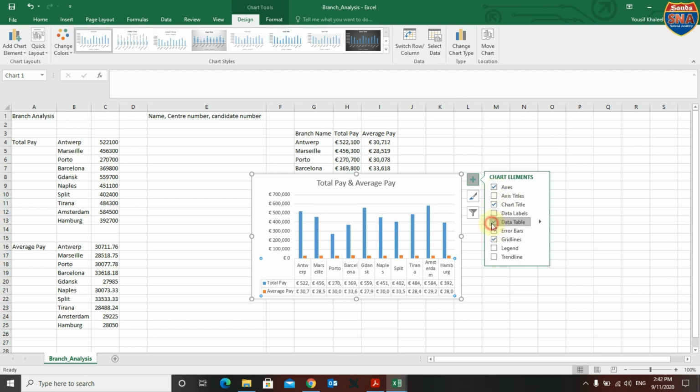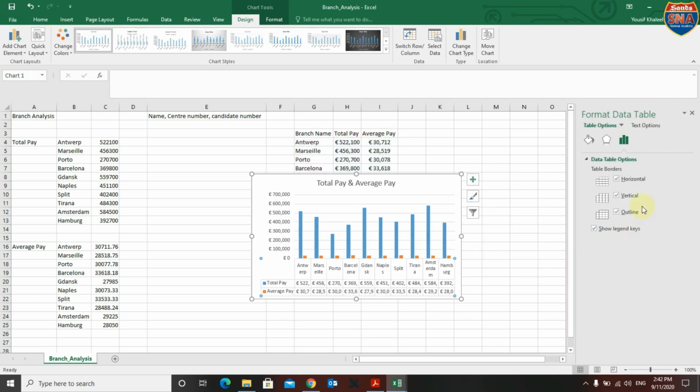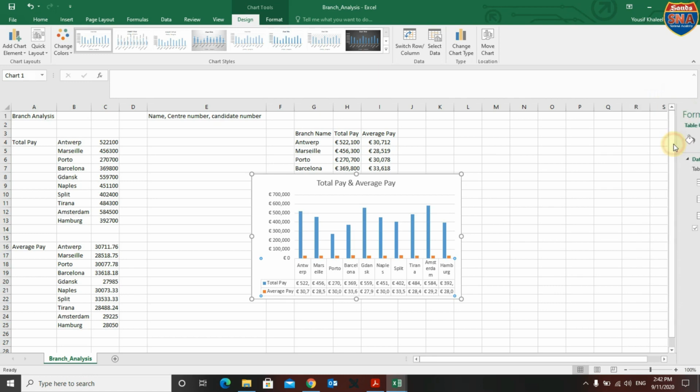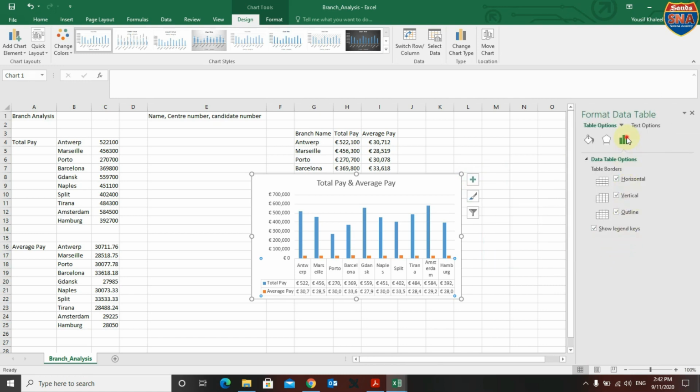Okay, data label here, and then more options. This is more options. Okay, then okay,